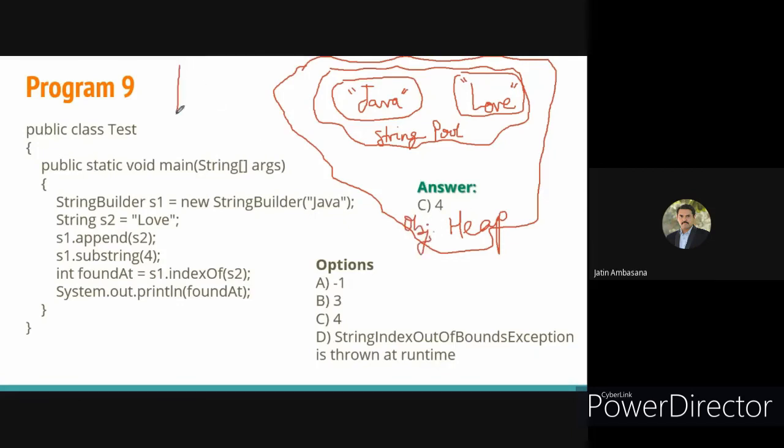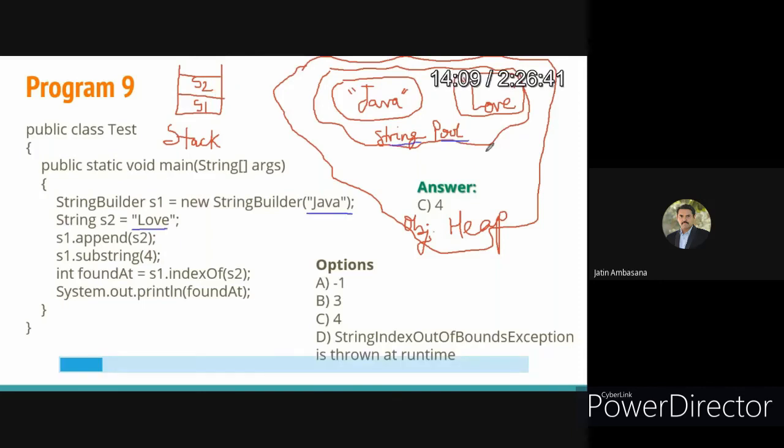And then you have a stack where s1 and s2 are there, and s1 points to Java and s2 points to love.